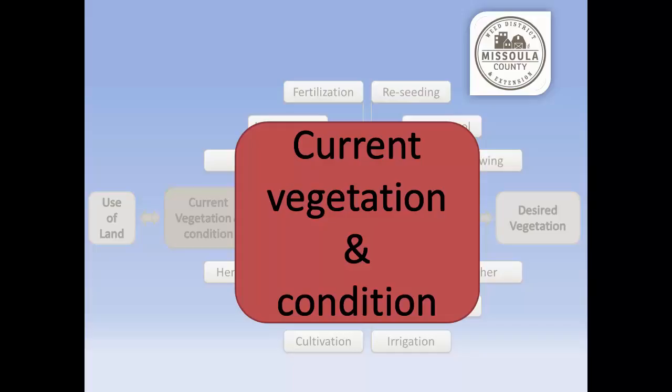Okay, and then you also need to assess your current vegetation. What do you have there? Is it something that you would like to expand? Do you completely dislike every vegetation growing there, like reed canary grass? Okay, you need to assess what your current vegetation is and what condition it's in. Okay, do you have pockets of pristine, perfect plant communities that you want to expand upon? That's something you're going to want to focus on. Okay?